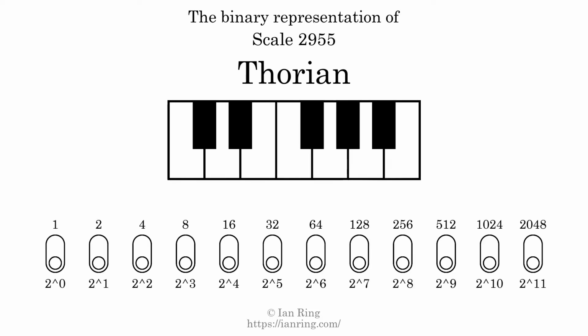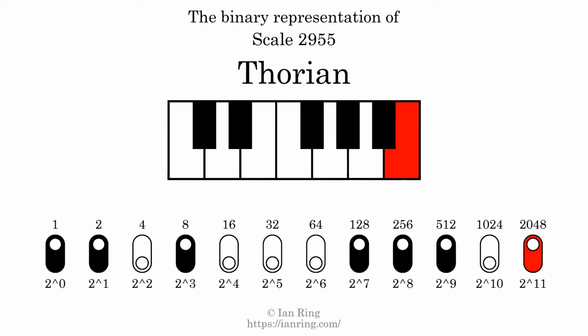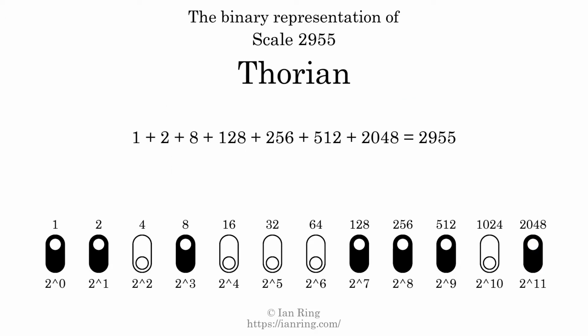The binary representation of this scale is determined by mapping tones of the scale to binary digits. Each binary digit represents a power of 2. To get the scale number, we add the powers of 2 together. The powers of 2 that are present in the scale, all added together, equals 2955. That is why the scale number, in decimal, is